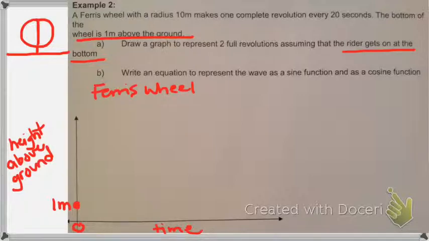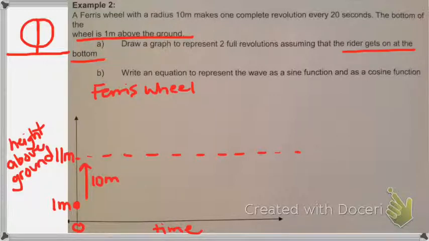If the radius is 10 meters, let's do what we did before. Take your pencil and draw me an arrow to represent 10 meters. So as the time goes on, you're on this ride, you get higher and higher until you reach the midpoint. So you're halfway up to the very top. This is an important point because this is our axis. Again, draw your dotted line. The axis is going to be 11